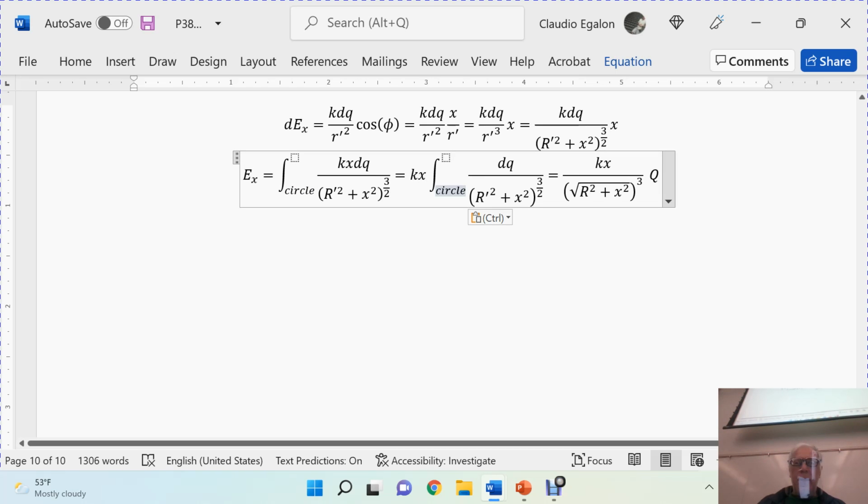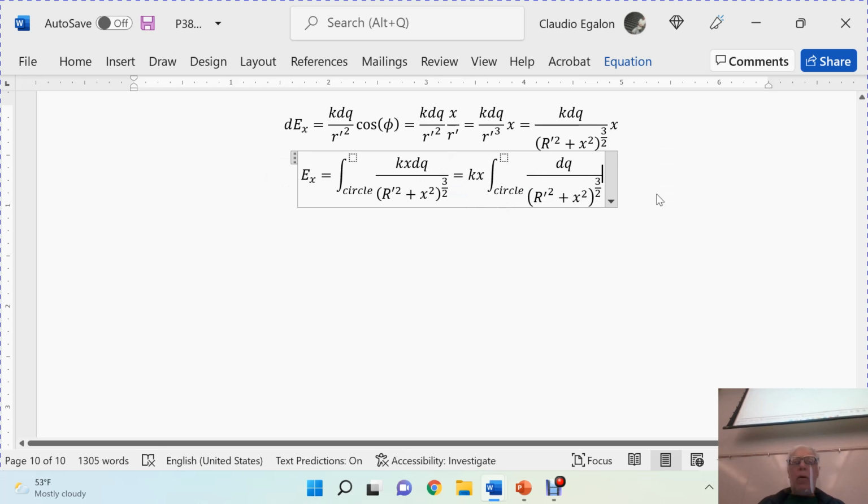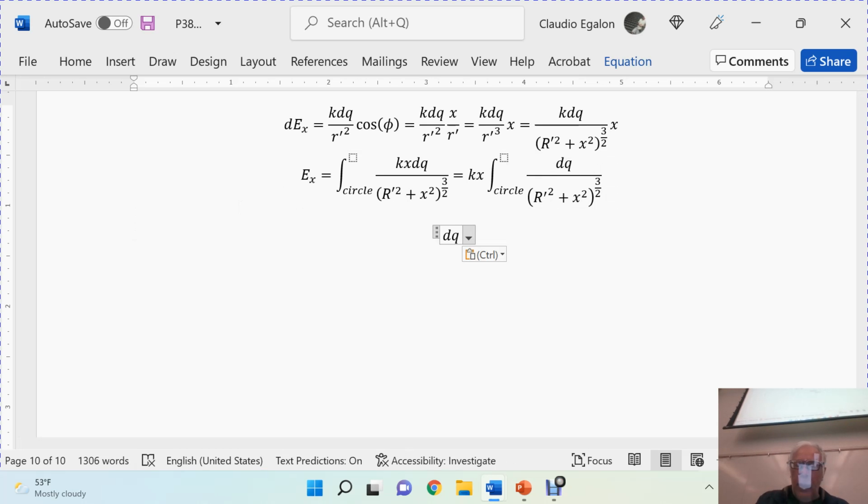What's the next step? This one doesn't apply anymore. Okay, the next step is to try to change this guy right here in terms of the integrating variable r prime. That's the next step. But before we do that, we're going to write dq in terms of the surface charge density. So what does it mean? It means that dq divided by dA, infinitesimal charge q divided by infinitesimal area A, dA, is going to be